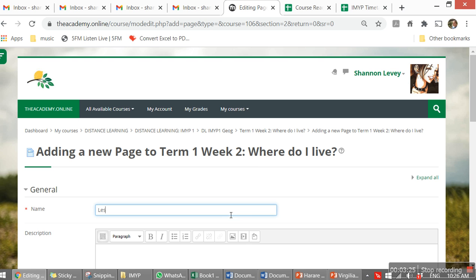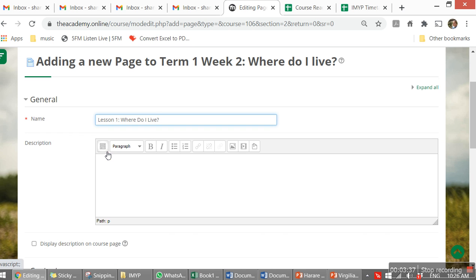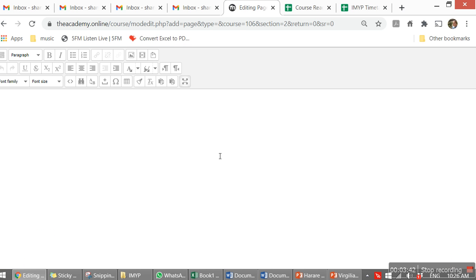And here you can have lesson 1, where do I live? And then you can put in this page, this is to open your editing bar, easier to work in full screen. And here you can just put in any information. You have your different heading sizes. Where do I live? Maybe center that. You can put in here perhaps a picture,